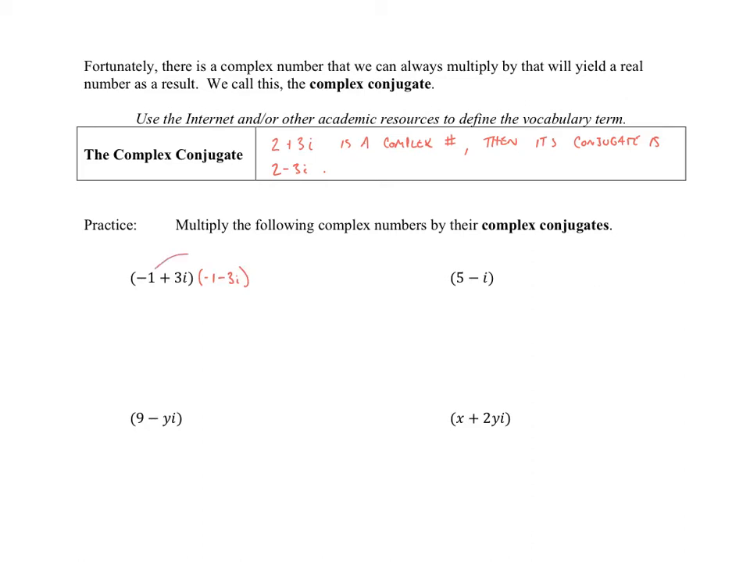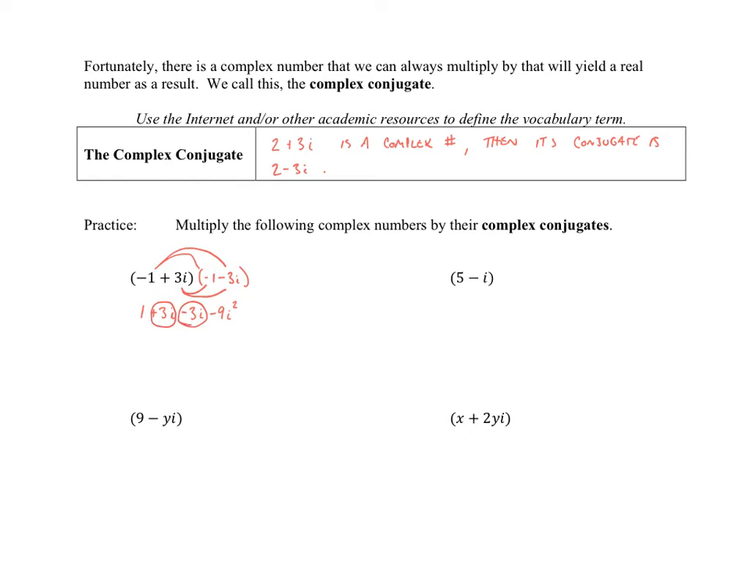now I have to FOIL. Negative 1 times negative 1 is 1. Negative 1 times negative 3i is positive 3i. 3i times negative 1 is negative 3i. And 3i times negative 3i would be negative 9i squared. And this is where it gets interesting, because now I can combine like terms,